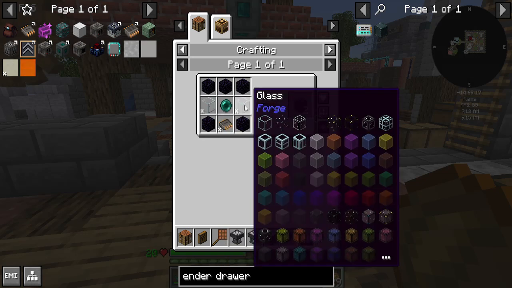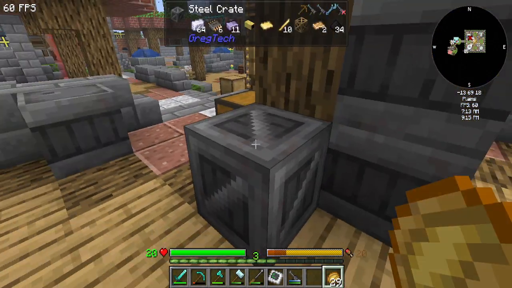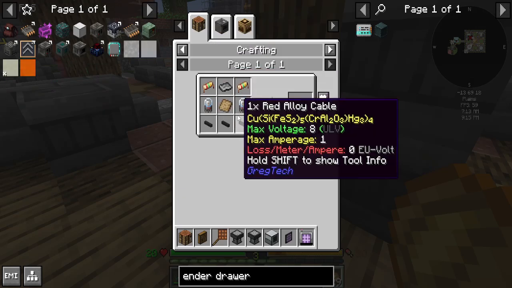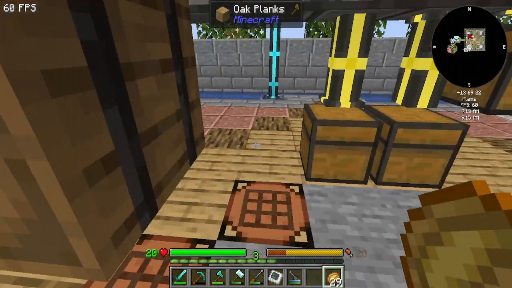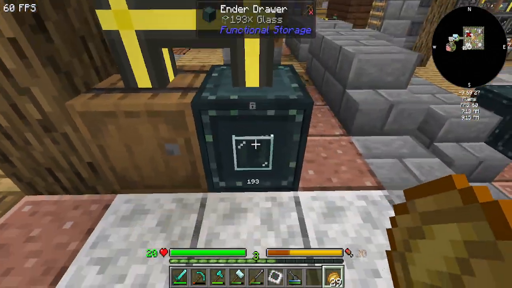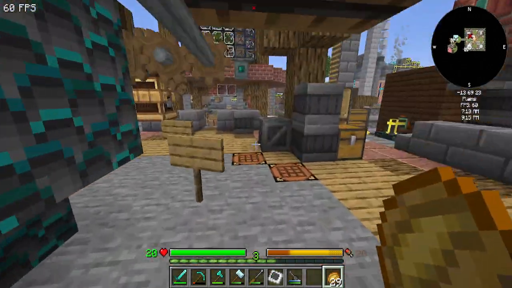Okay, so a stack of glass. Ugh. So many circuits. Okay. We gotta make some more circuits. You should have an auto crafter for circuits. What's that? You should have an auto crafter, but for circuits. I know, right? Okay, so let's go grab...